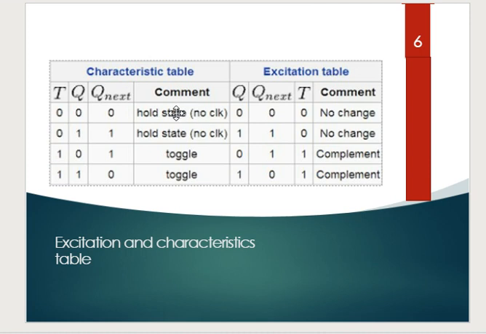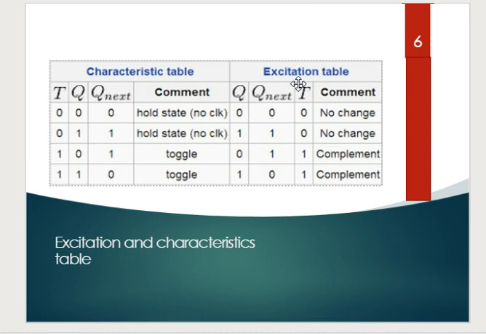In the comments, you can see that in the last two cases the toggling effect can be seen. If we talk about the excitation table, Q and Q next are the inputs, and T, which stands for toggle, is the input that must be given to the flip-flop, so that's the output. So in the excitation table, Q and Q next are the inputs and T is the output.